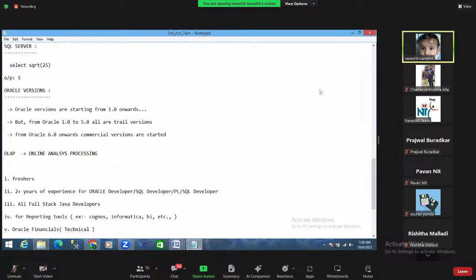OLAP means you can generate any type of analysis report. Take an e-commerce application like Flipkart, or take DMart, a retail and wholesale shop. The shop salesmen sell items from morning to evening to customers. At the end of the day, the shop manager